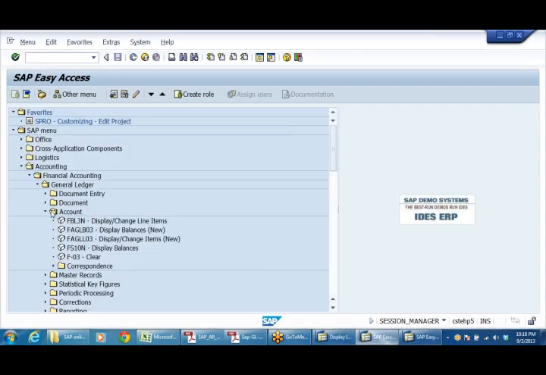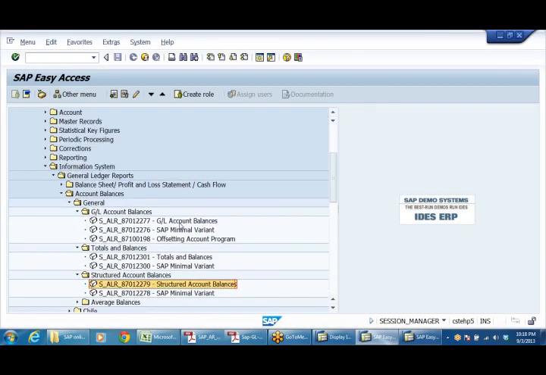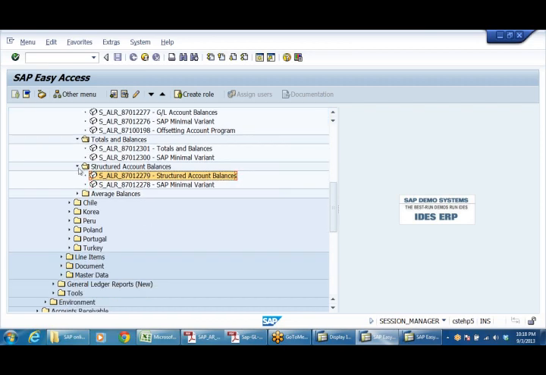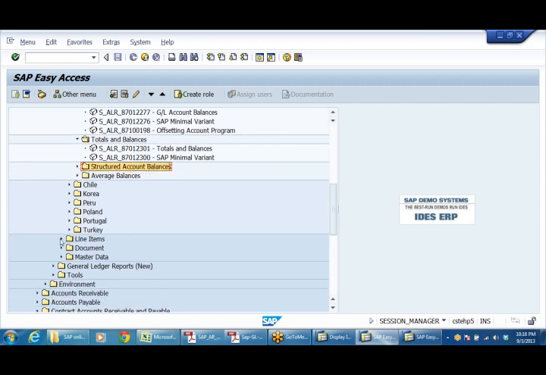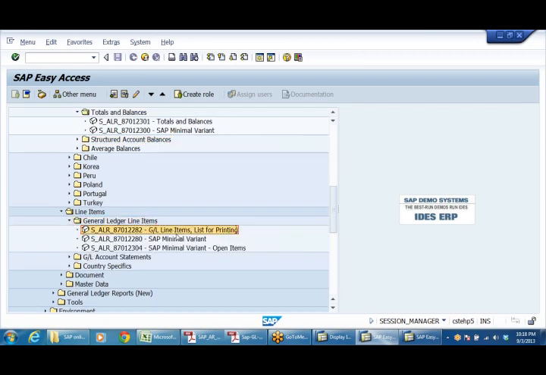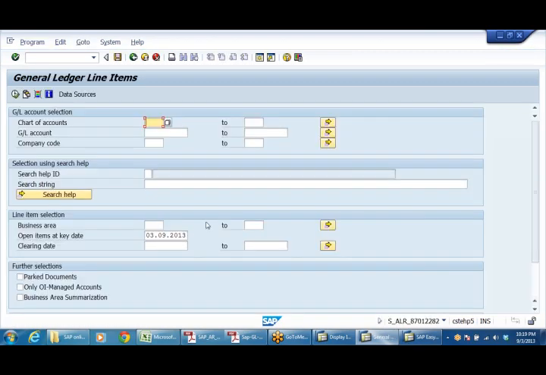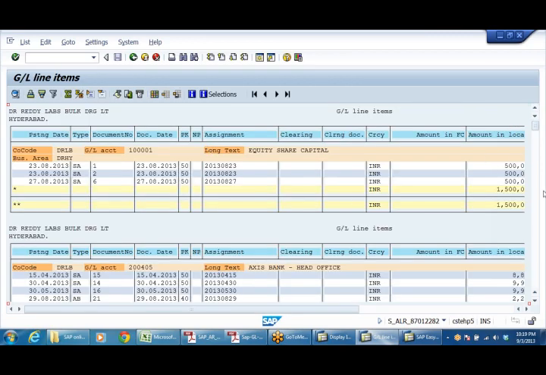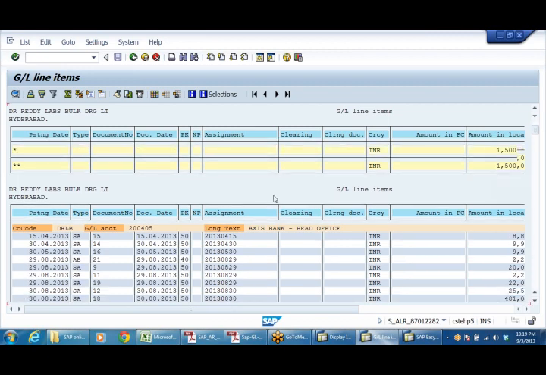So like this, you can drill down the reports. Line items, general ledger line items, GL statements. See, general ledger list for printing. DRCA, DRLB, today's date. All GL accounts you can see like this.